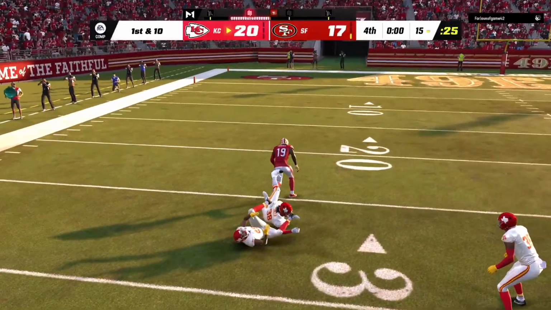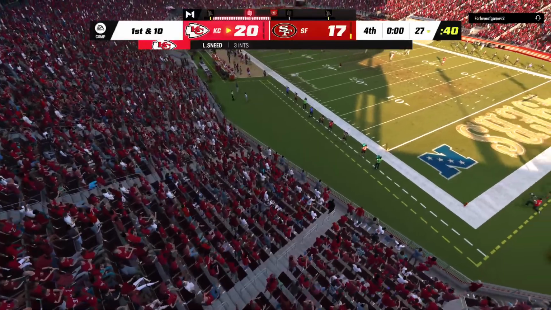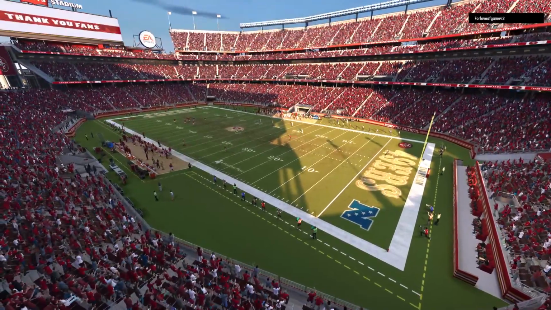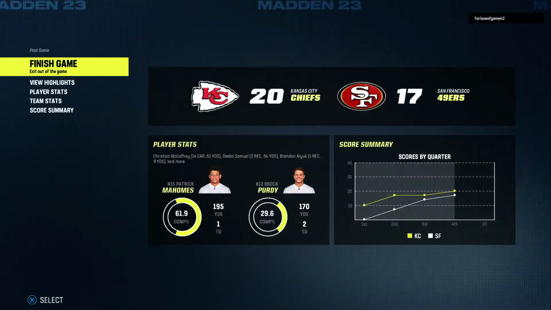Wait. Well, he forces one there. It's a potential dagger as it's intercepted. Picked off by L'Jarius Sneed. And the Chiefs are going to hang on the final play. They get the turnover to seal this football game. So this one